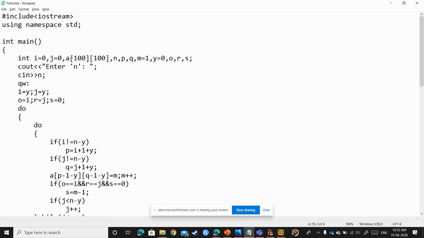Here I have used a static matrix of size 100 cross 100 to have a spiral matrix of size 100 cross 100. Now it will ask for the n value. You can enter any even number from 4 to 100. It will perform the spiral matrix for it, because 2 is not necessary.